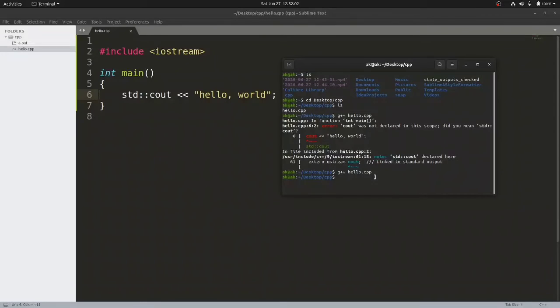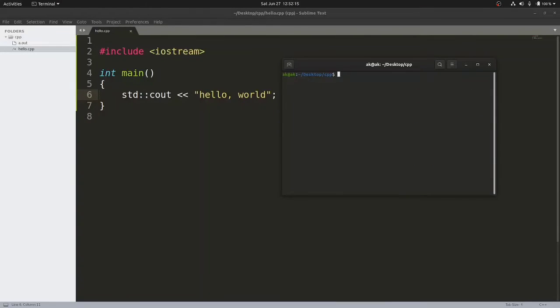In order to execute our program, if you observe carefully, after the compilation, if I just write ls and hit enter, you can see the executable file is present here, a.out. Now how to execute this? On a Linux machine you will write ./a.out and hit enter. If you see, this hello world is printed on the screen. But it doesn't look even, right?